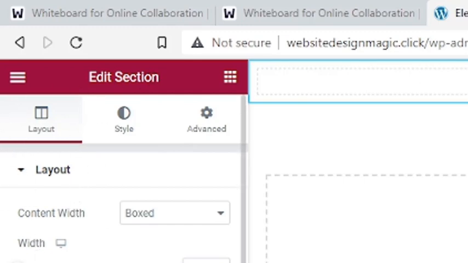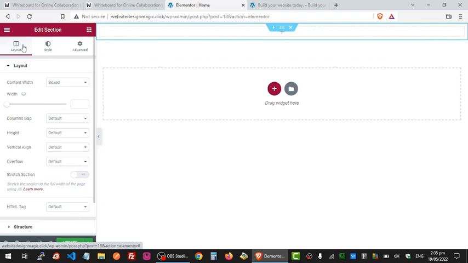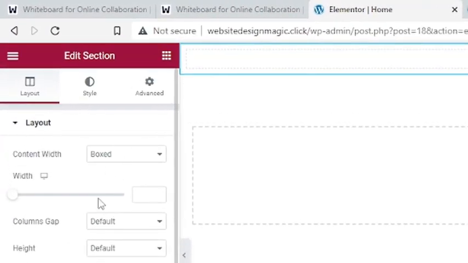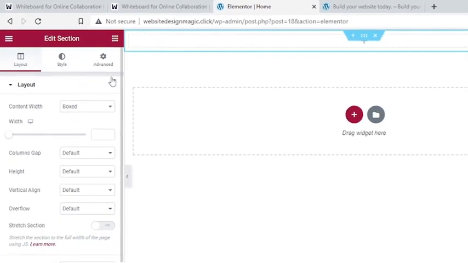So once you have this edit, you will see 3 things. You see layout, you will see style, you will see advanced. Now, what that means is that from here, you can decide to adjust it. For instance, if you decide that, okay, I want to style. Style means you want to change the appearance. I want to style the appearance of this section. You can just go to